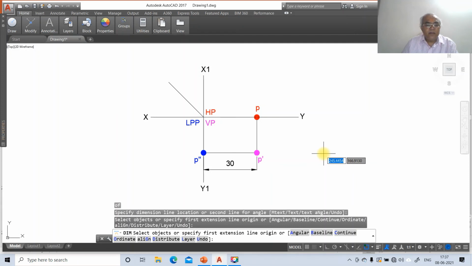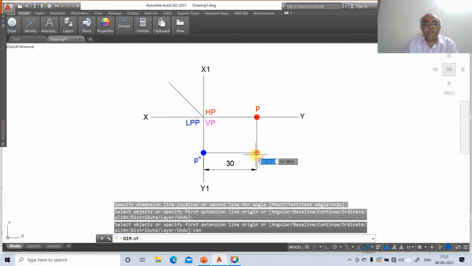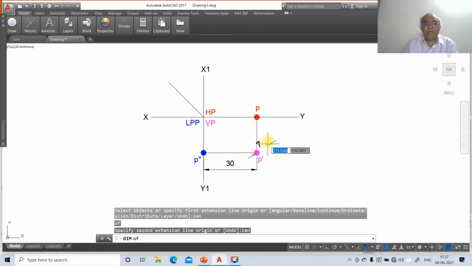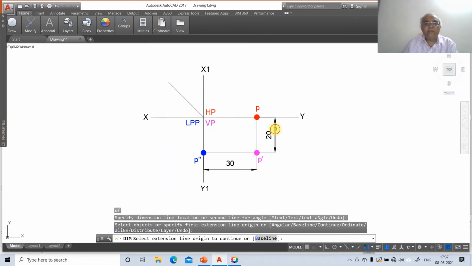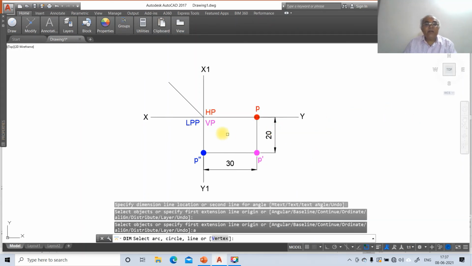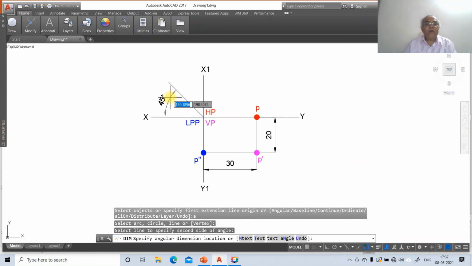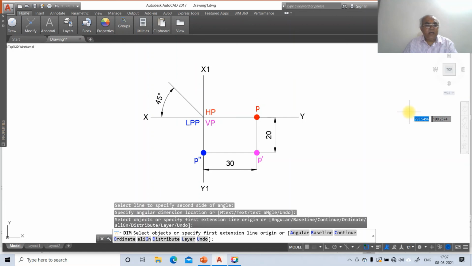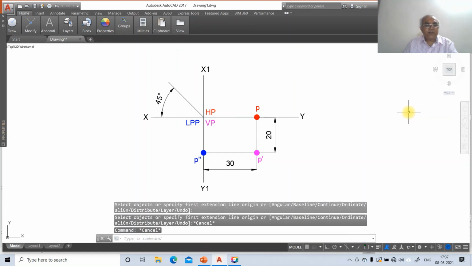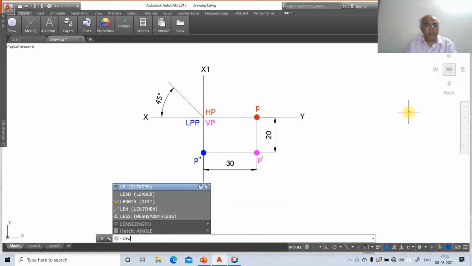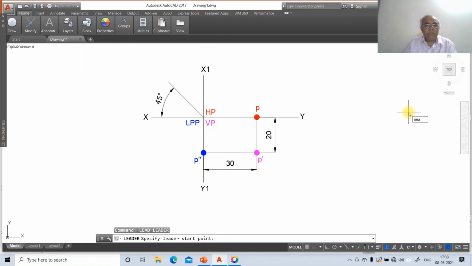Then center of this to center of this, you get 20. Then angular dimension between these two, you'll get 45 degree. Then escape, come out of this, then go to leader, then nearest, select this, you project this top view,